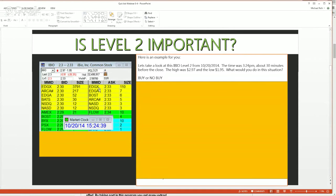So here's what you see. It's 3:24 in the afternoon, 30 minutes before the close. The high was $2.97, low $1.95. What would you do in this situation? What I'm going to do is a